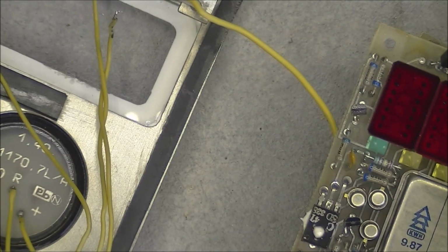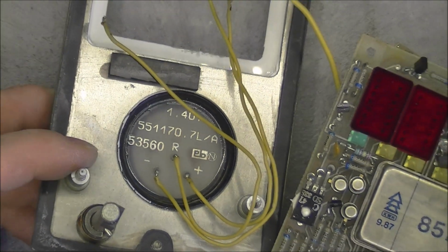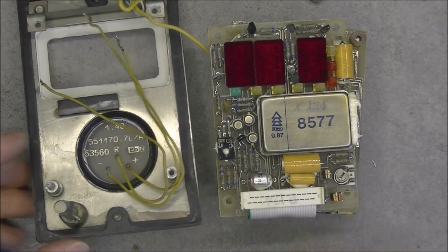So here we are. Now I will try to deal with this broken screw and put back together this quite amazing piece of